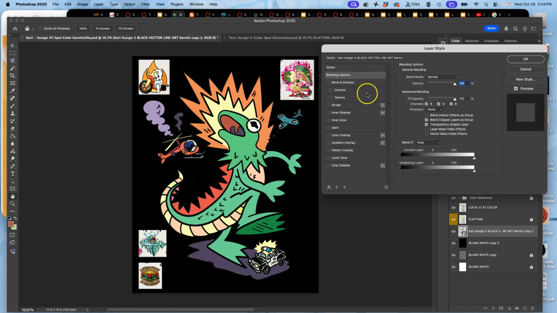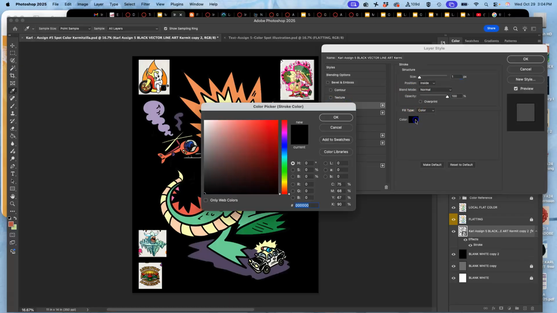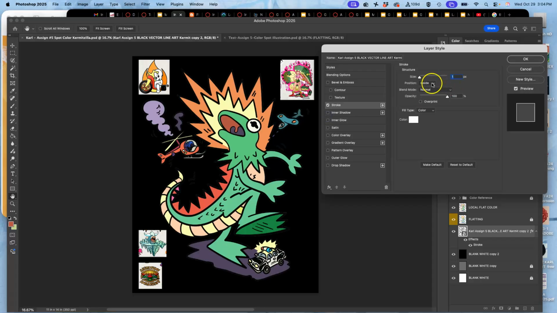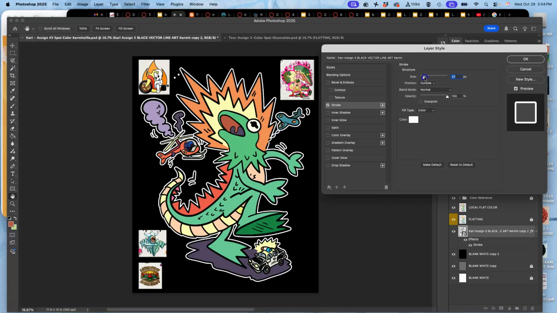projects. I'm going to make an offset. An offset will help it show up on any background, because right now all my black lines are disappearing into the black background. So if I want a clean offset, I do a stroke, and then I change the stroke's color to white, like perfect white in that upper left-hand corner, and then I make it on the outside, and then I play with the size. And there you go. I get